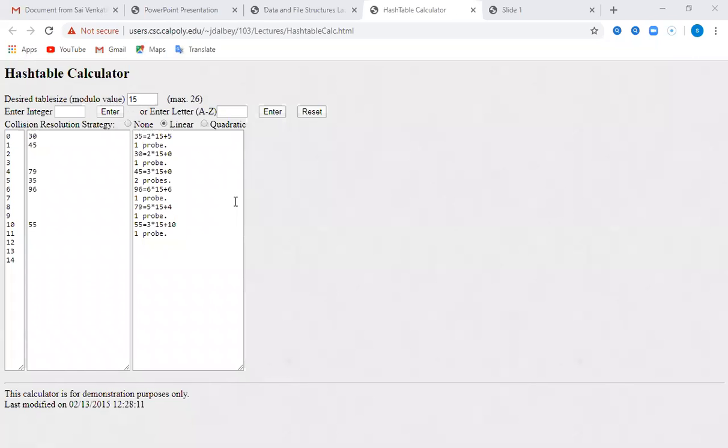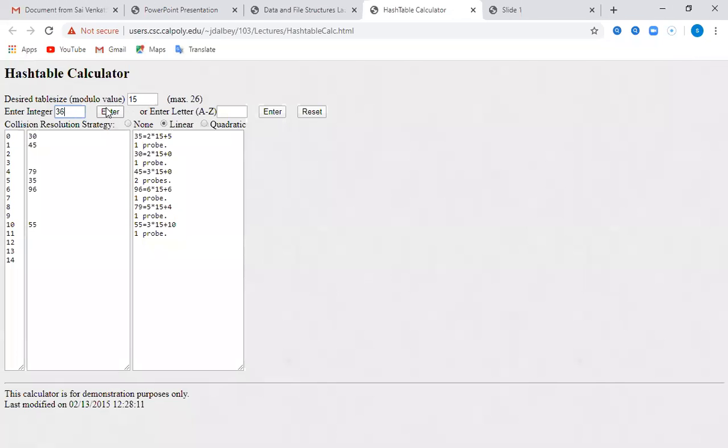D5. D5, 36. What will you get? 6, but it is already there.